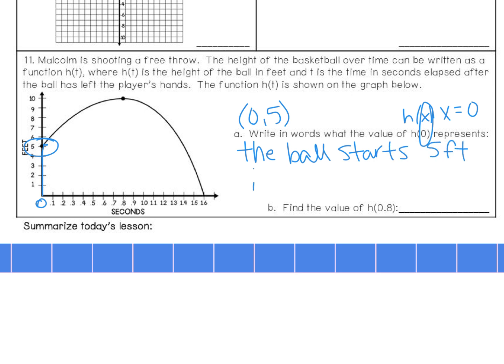Because if you're shooting a basketball, that ball is not starting on the ground, right? So we're going to assume Malcolm is probably taller than 5 foot because it's releasing from his hand at 5 feet. So then what is the value of h of